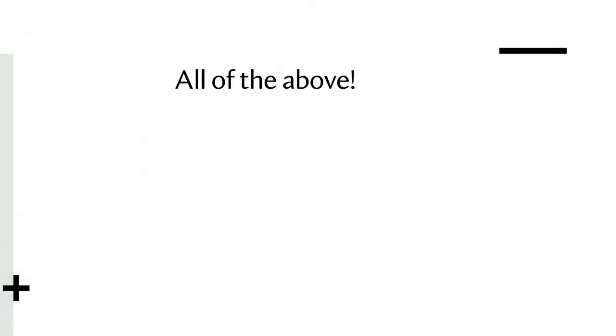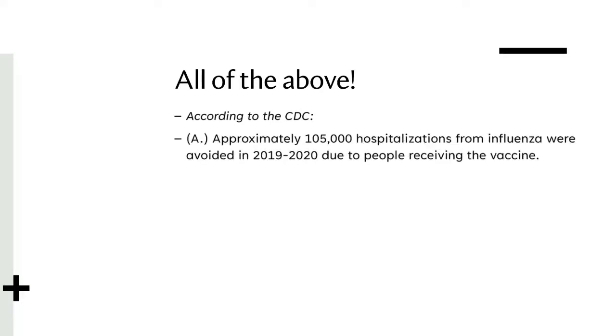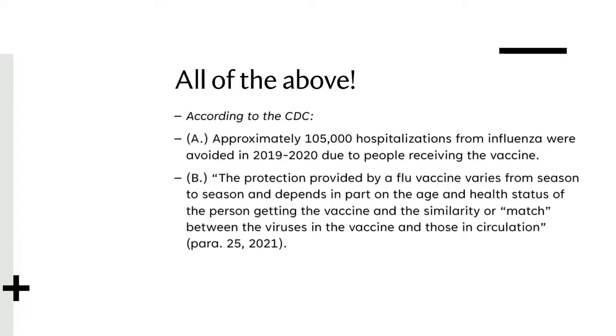The correct answer is all of the above. The rationales behind these answers were taken directly from the CDC website. A link will be provided at the end of this video if you have further questions. So A is correct because approximately 105,000 hospitalizations from influenza were avoided in 2019 and 2020 due to people receiving the vaccine. B is also correct because the CDC says the protection provided by a flu vaccine varies from season